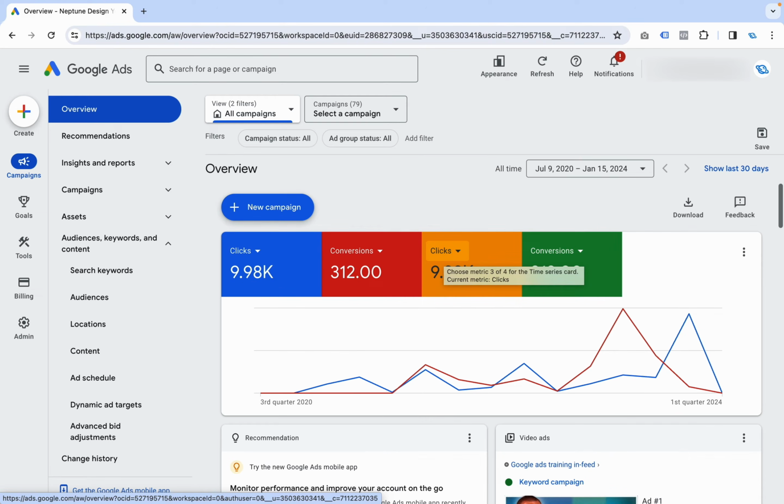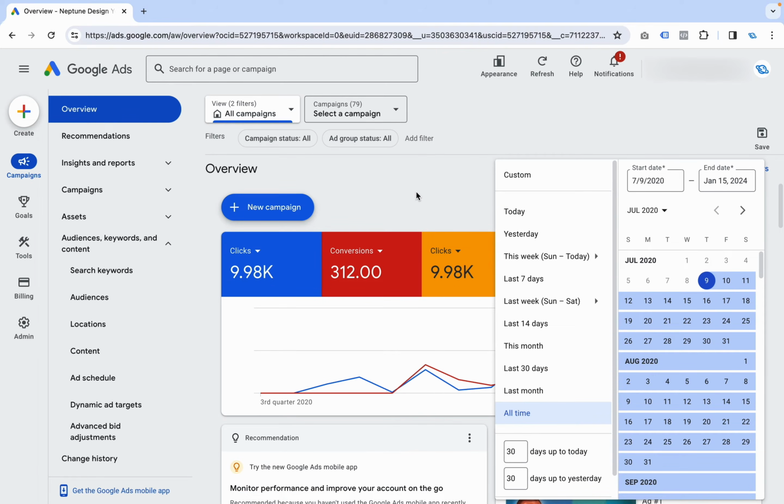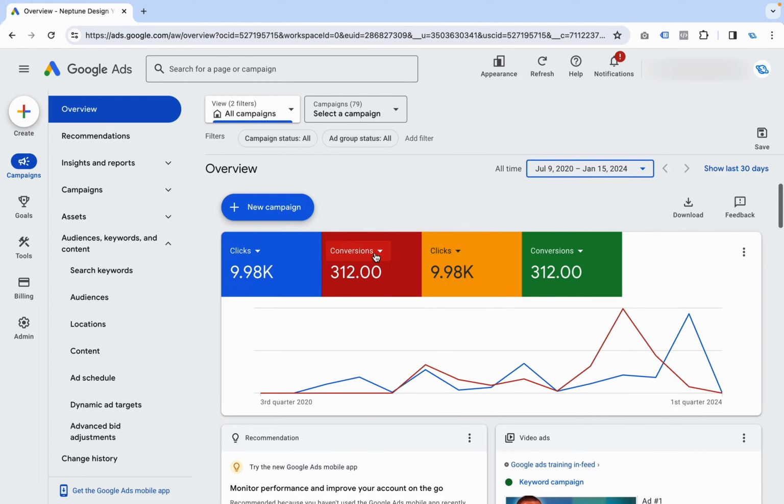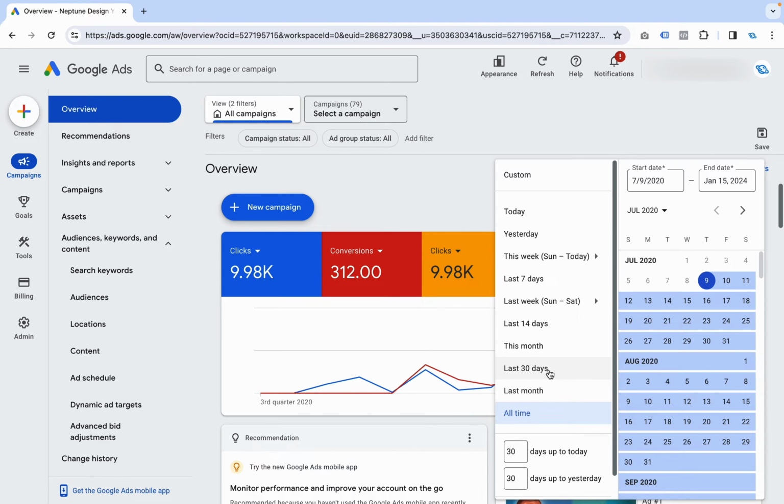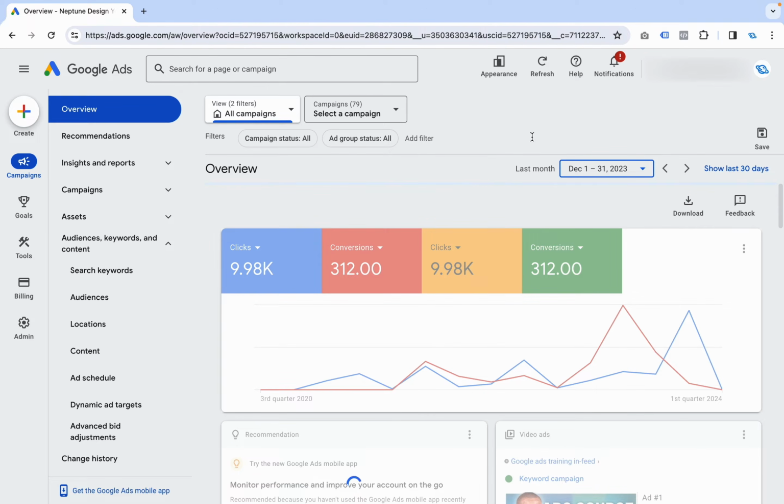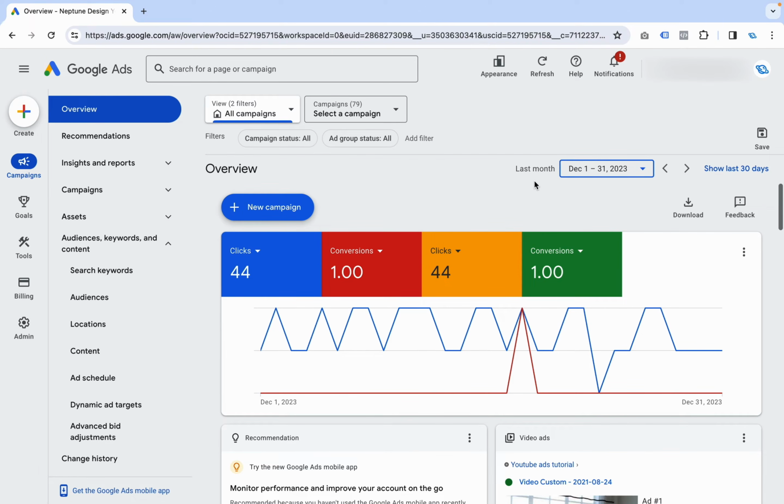One last thing I want to show you, which is pretty cool, is the date range over here has a lot of different functions. So for example, I'm looking at my campaign data right now for all time, but I can break this down and I can look at maybe my campaign in the last day, the last year, the last week. I can look at the data for last month. I can really play around with this. So check this out. If I click on last month, it'll show me last month's data.